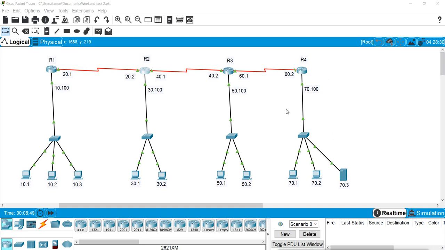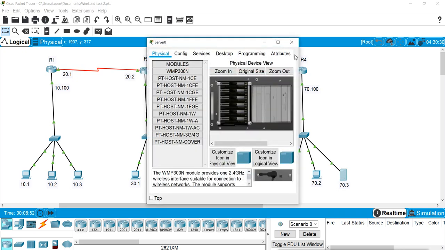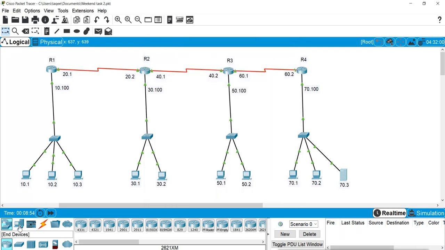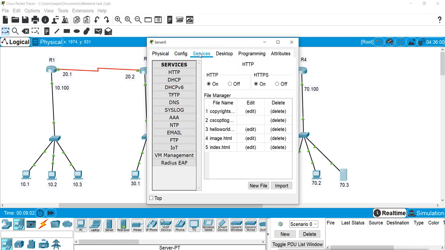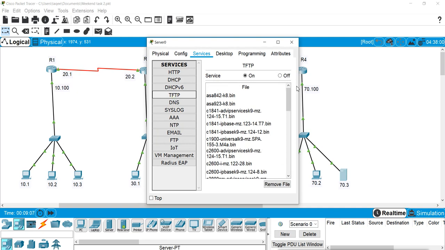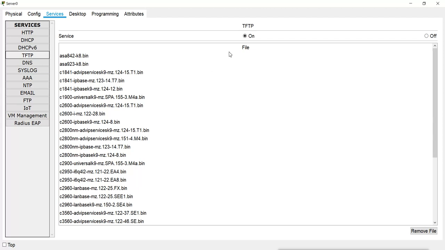Now in this Packet Tracer, we have a server machine here. These server machines, you can get from the end devices. In this server machine, if you check the services, it also has a TFTP service, and the service is running, it is on.